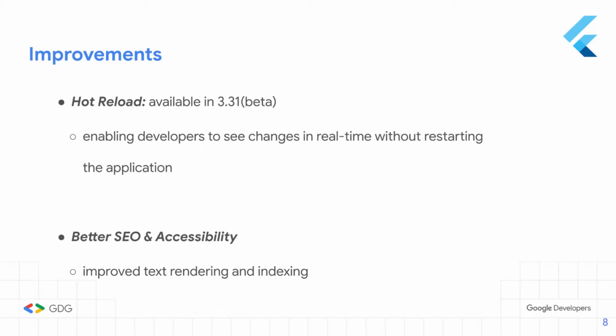for SEO. But as we see in the past couple of updates, SEO has been added with better support, and hopefully in the future there will be full support for SEO. But right now, it's not complete SEO support, but it has been enhanced a lot from the initial stages. The way SEO is enhanced is that text rendering and indexing has been improved. That means now the keywords that we add in our project can be accessed from the search engine. So it just means that there is a better support now for